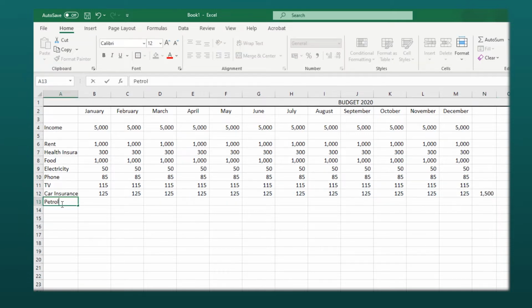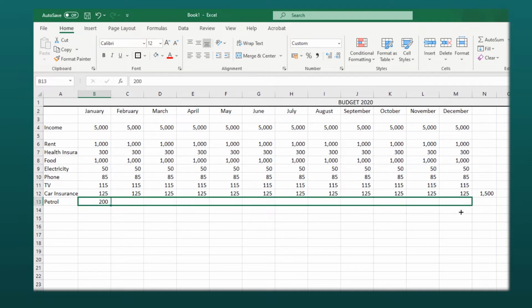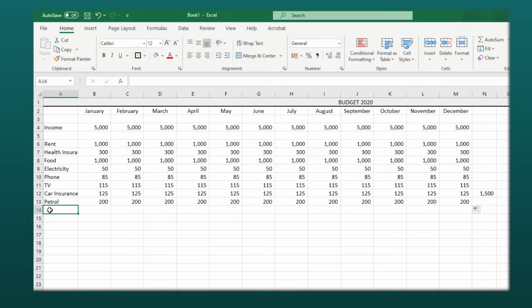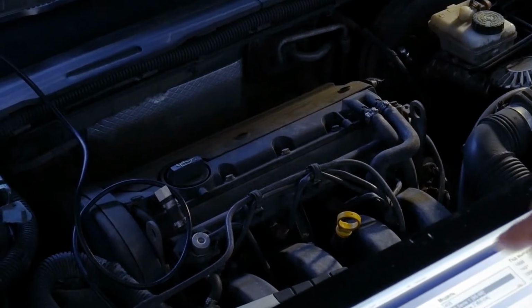Petrol, you use it normally during the month, so you have to buy it. We calculate 200 francs per month, so you put 200 francs for each month. Then there's a topic that people don't think about. People normally don't think about, for example, the car reparation. Car reparation is something that